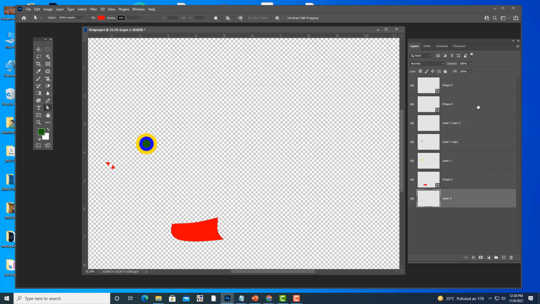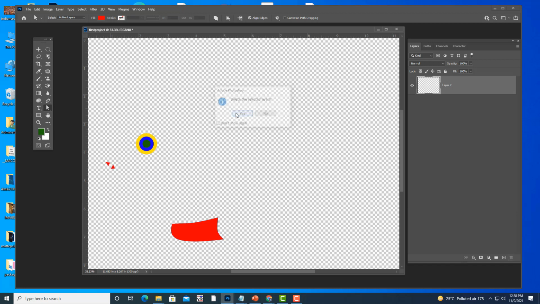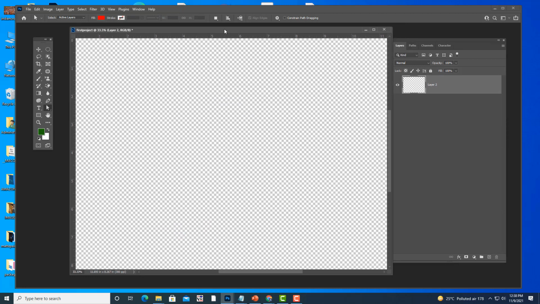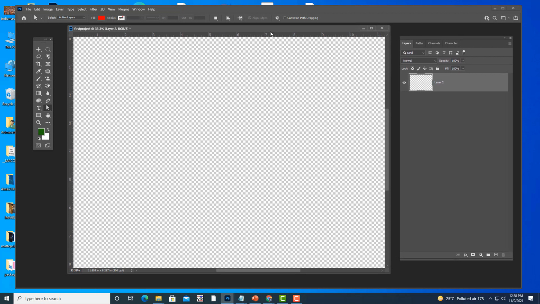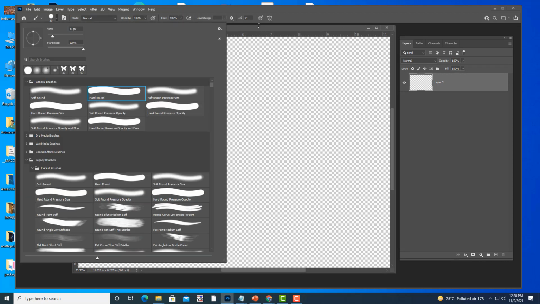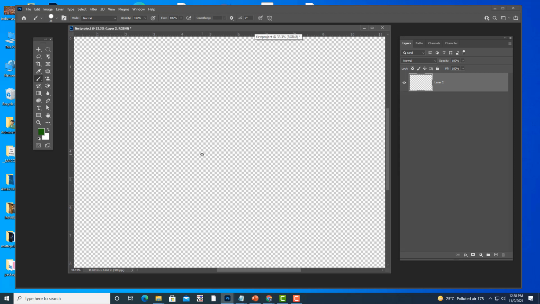The next and the final shape that we are going to create is the flower shape. Okay, see, the flower shape is a little bit complicated. So first let me create a reference. I am going to take a brush tool. I will take a hard round brush, and then let me create a flower shape.